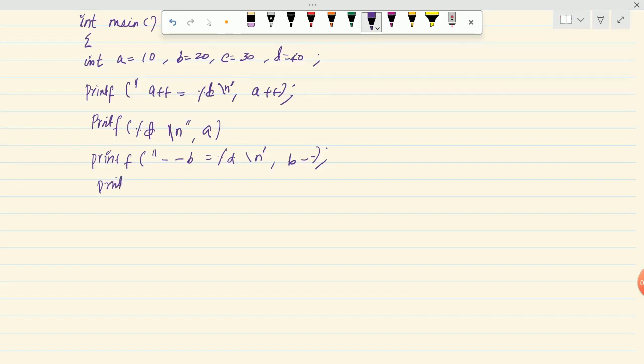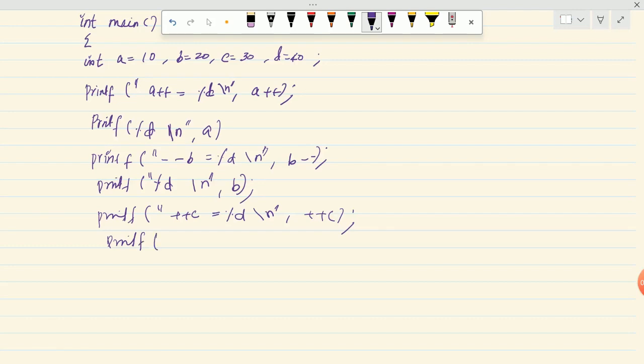Then I'll print that: printf("%d\n", b). Next, printf("++c = %d\n", ++c); then printf("%d\n", c);